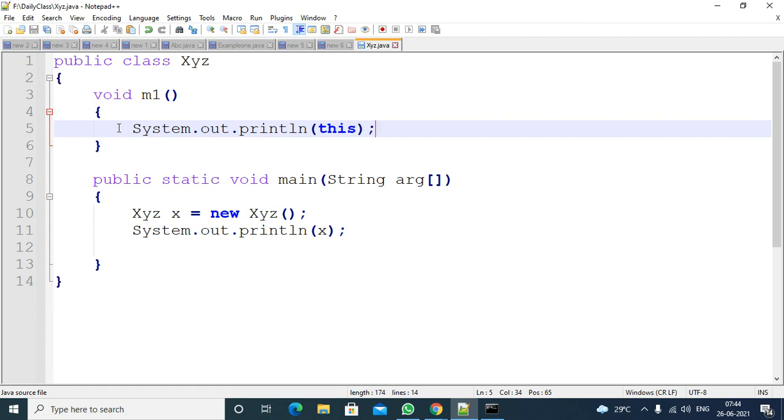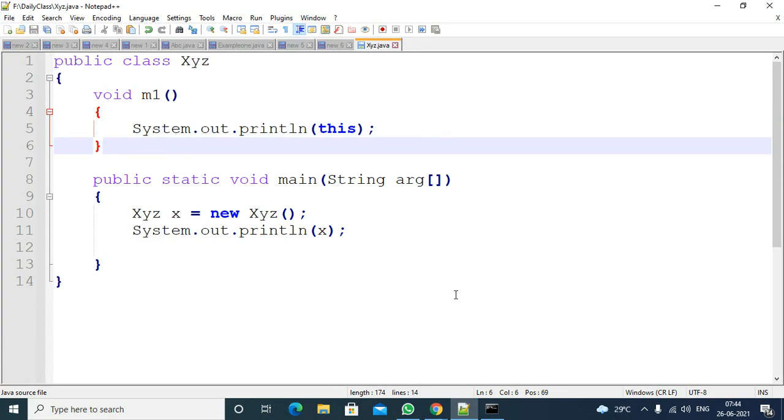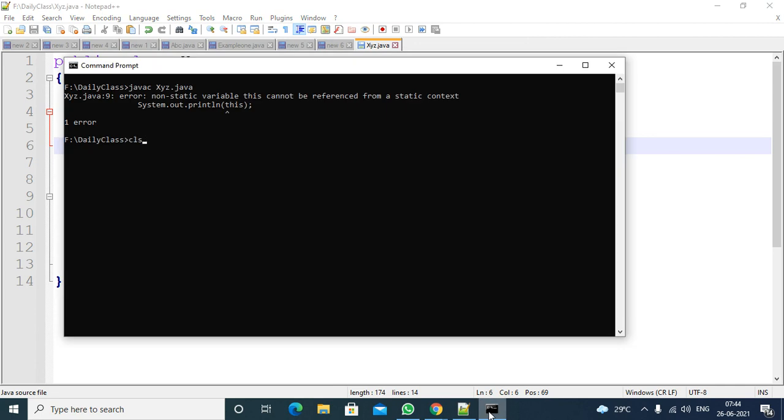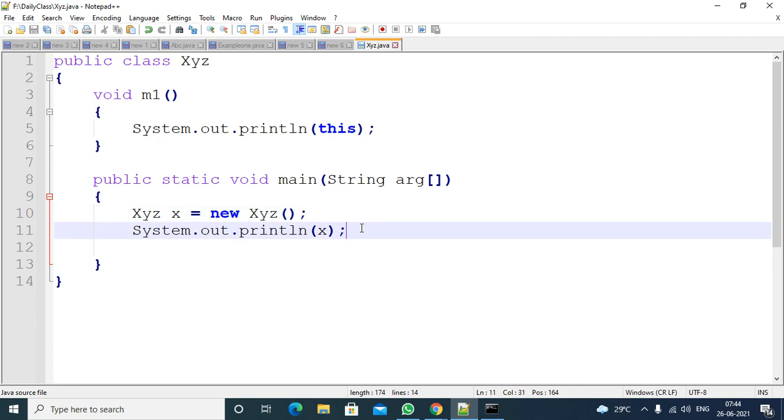So try to compile the program. I will explain what is happening. Compile the code, try to execute it. You need to call the m1 method.